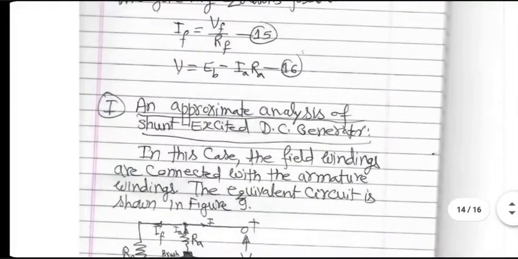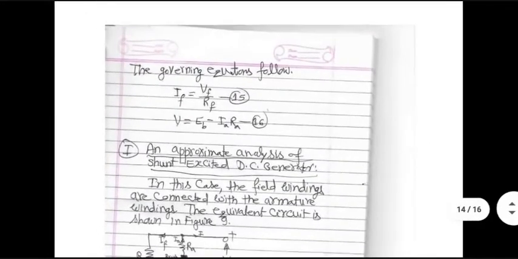By the way, machine is the word used for both generators and motors. In case of generator, we have mechanical rotary power coming in, and we have electrical power going out. In case of a motor, it's the other way around. You will be supplying electrical power input and you'll be getting rotary mechanical power output. Theory will change, but conceptual understanding will not change much when we go to DC motors. Right now, let's concentrate on DC generators themselves. But when I say machines, my statement is equally applicable to motors also.